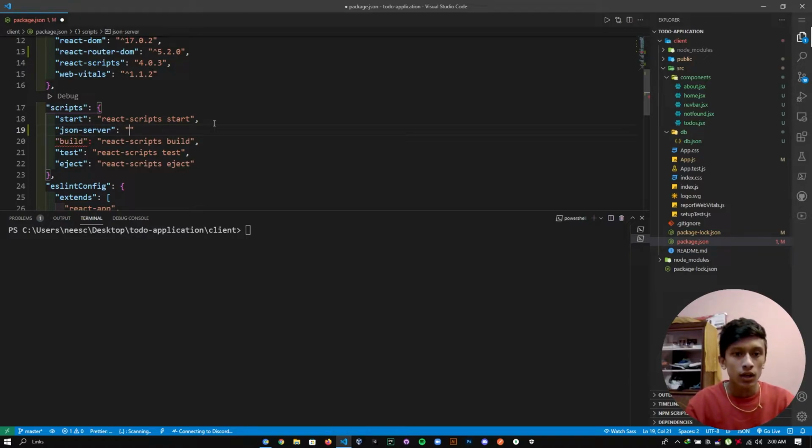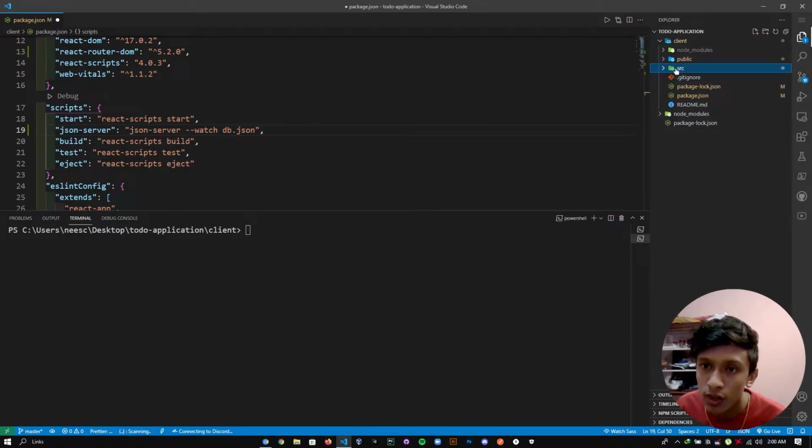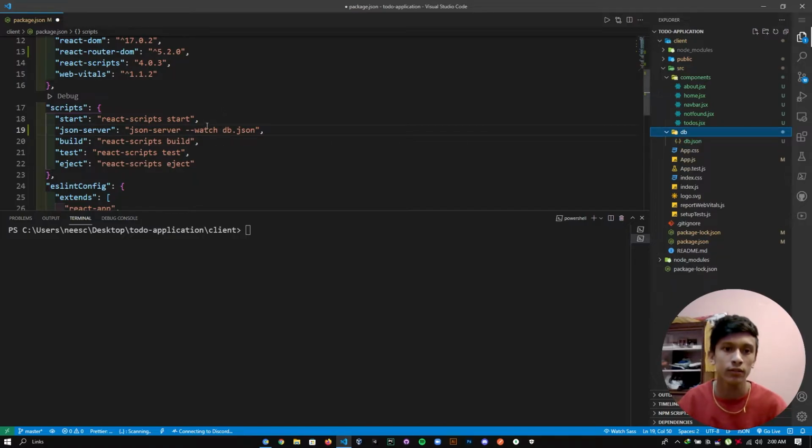Then let's give a comma here. What you need to write is json-server --watch db.json. But currently we don't have db.json in the root of the client. Inside the source folder, inside the db folder, we do have db.json, so we need to specify that as src/db/db.json. So if I save this,